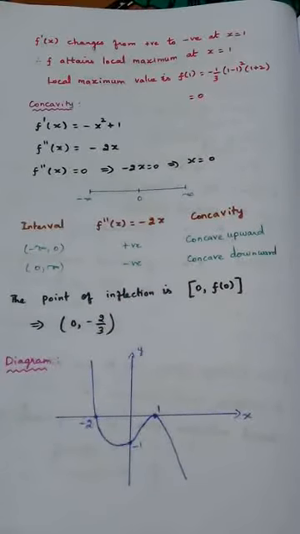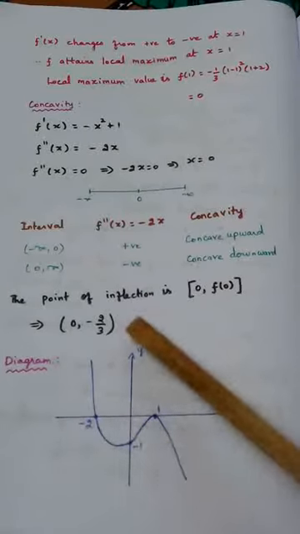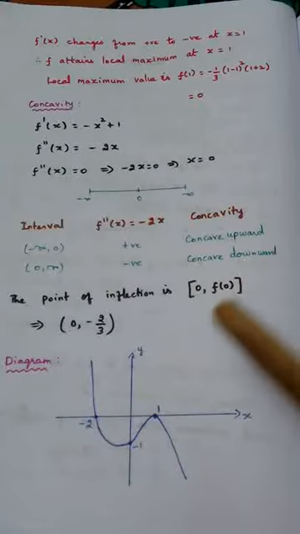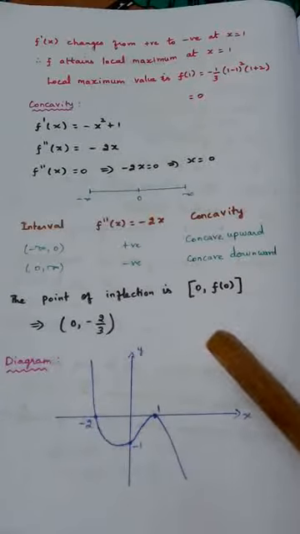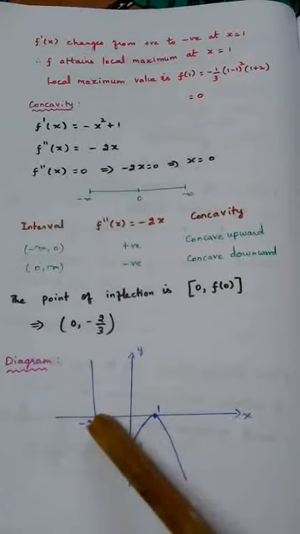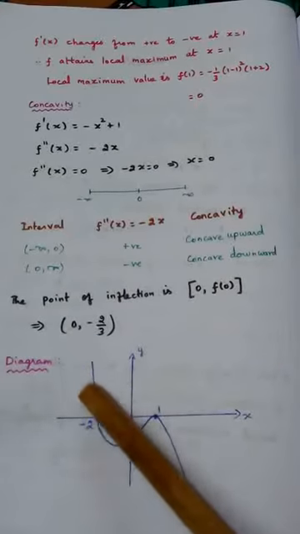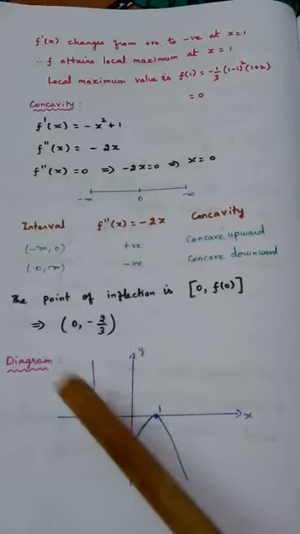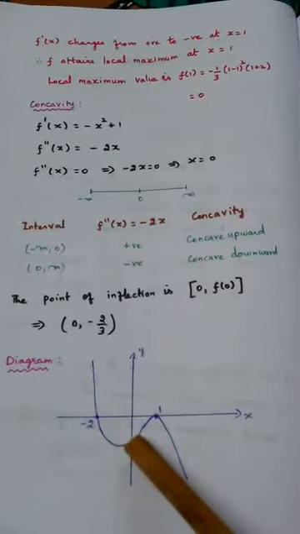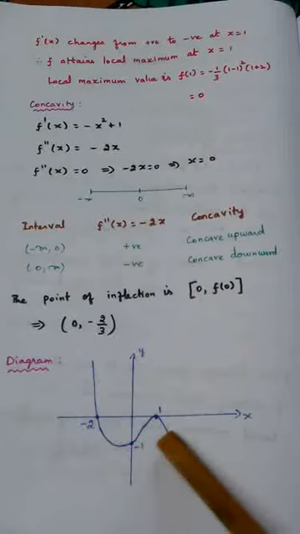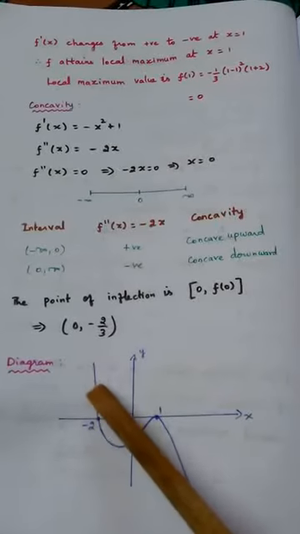So these are all the things that we have to discuss under sketching the graph. And after discussing everything, we should draw the diagram. So x-axis, y-axis. We already have noted the x-intercepts. If you see, two numbers we get, minus 2 and 1. So the graph will go and meet the x-axis at 2 points, minus 2 and 1. Also we noted that y-intercept is minus 1. So in the y-axis, minus 1 will be here. So the graph comes like this.